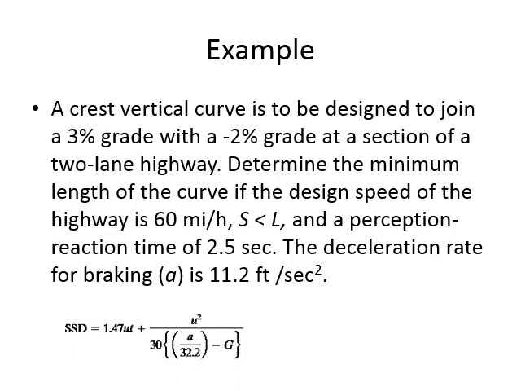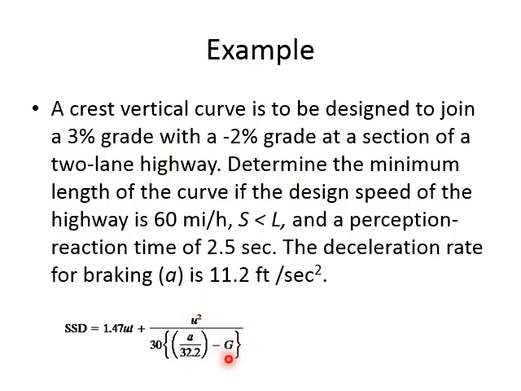So the first thing I have to do is find out the stopping sight distance. In this case, U is the speed, 60 miles per hour, T is the given perception reaction time, and a is the given deceleration rate. Basically if you go back to the actual equation of stopping sight distance, you will see f here, but f equals a upon g. So g is 32.2 feet per second squared and a is given in the question, so I will put a as 11.2. Now this is a gradient and two gradients are given here. So which of them will I put here?